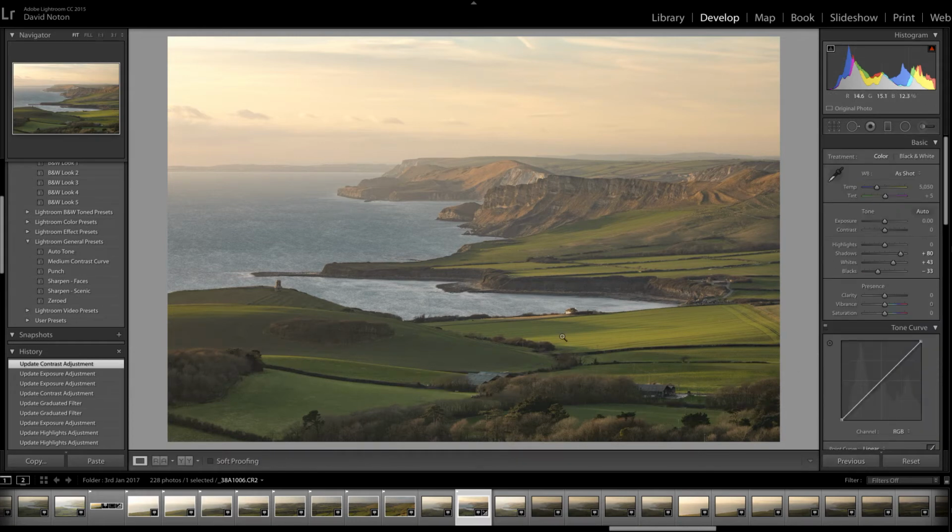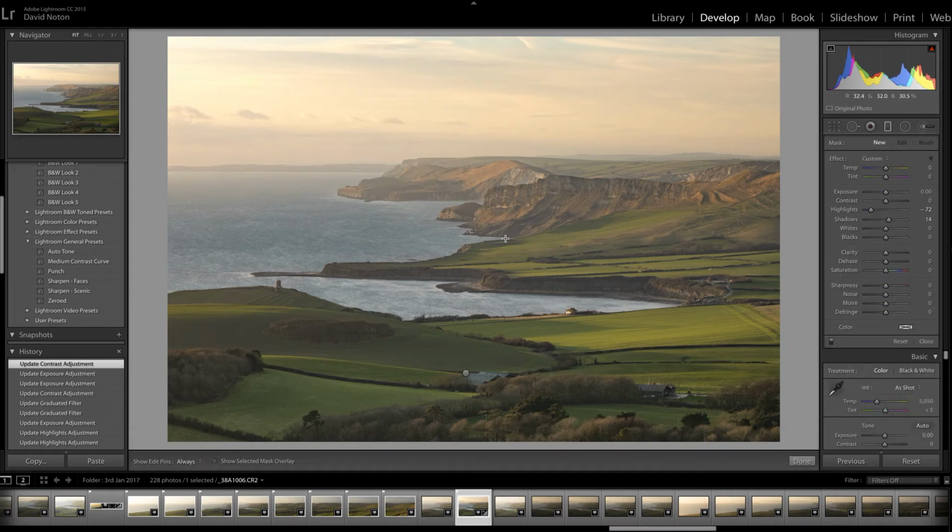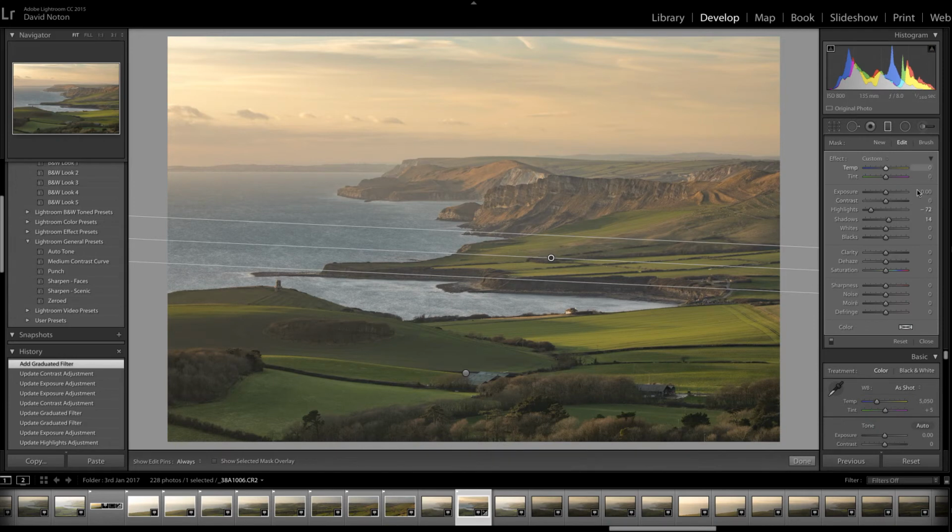Now I just want to again use the Grad tool, but just to darken down the sort of middle part of the image here. I'm going to come back to the sky in a minute. I'm looking at this area of the image from about here up. So let's use another Grad here. And again, I'm not too concerned about it being level. Go for a medium type Grad here. And with this Grad, I want to add